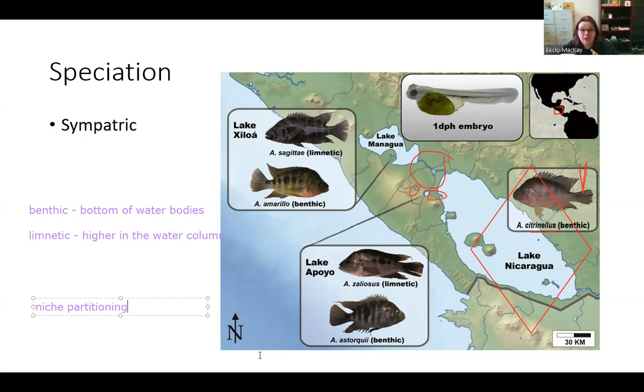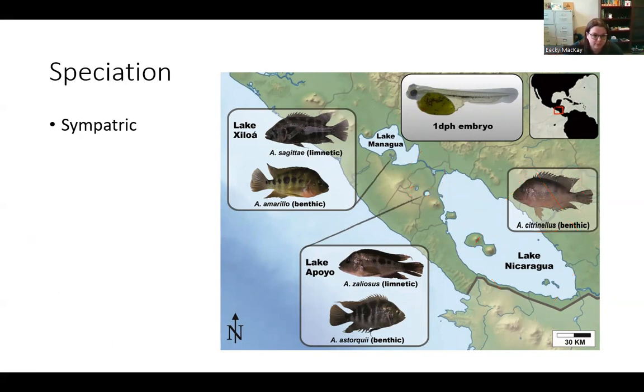And again, when we talk about evolution, we have to remember this happens over many, many, many generations. This isn't like some go up, some go down, the next day they're different species. This is over many, many, many different generations. And so there's no barrier, but they still become different species.